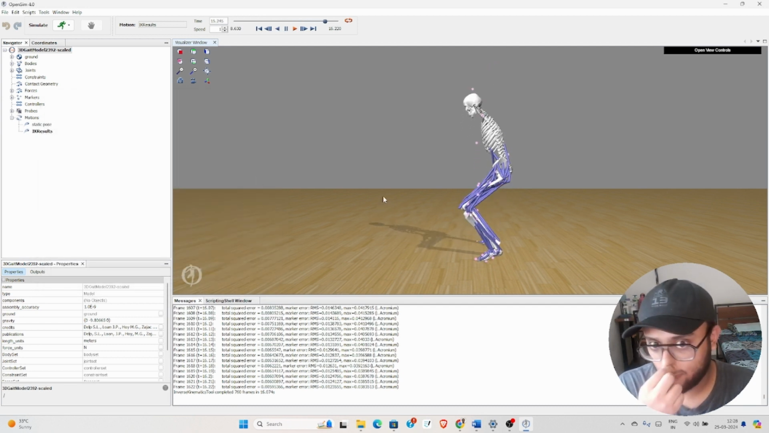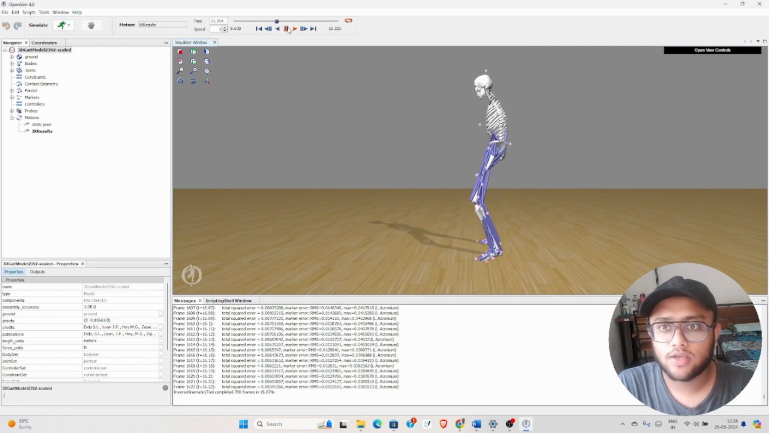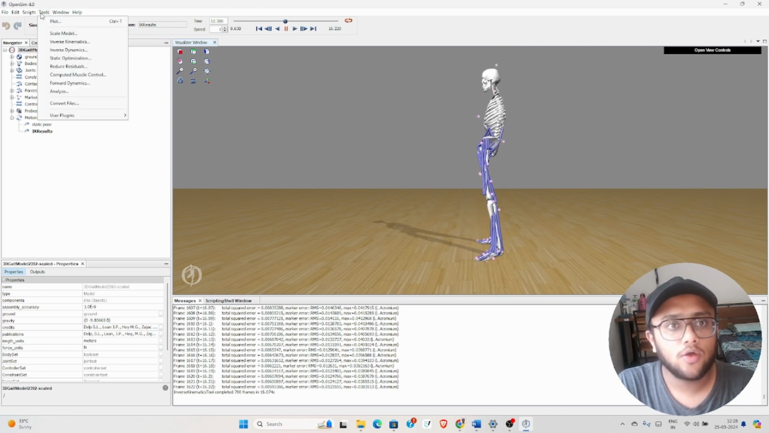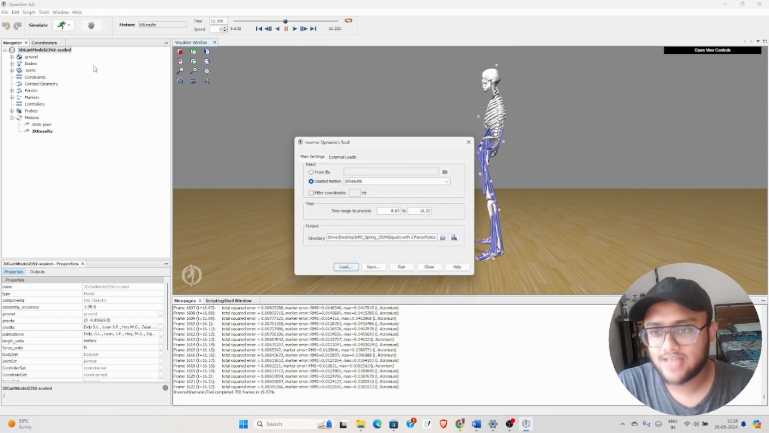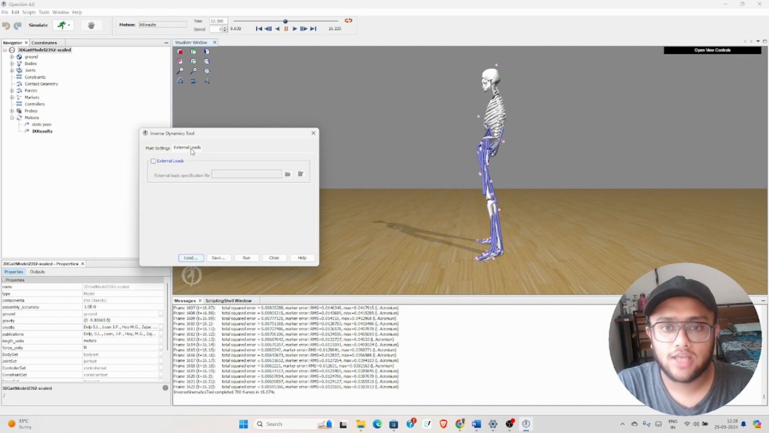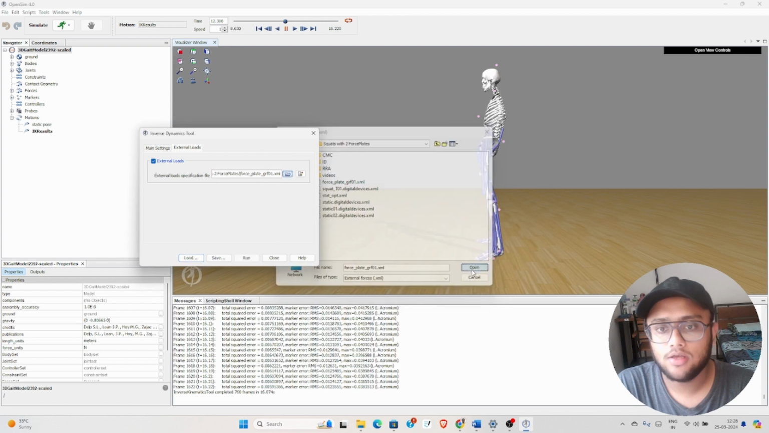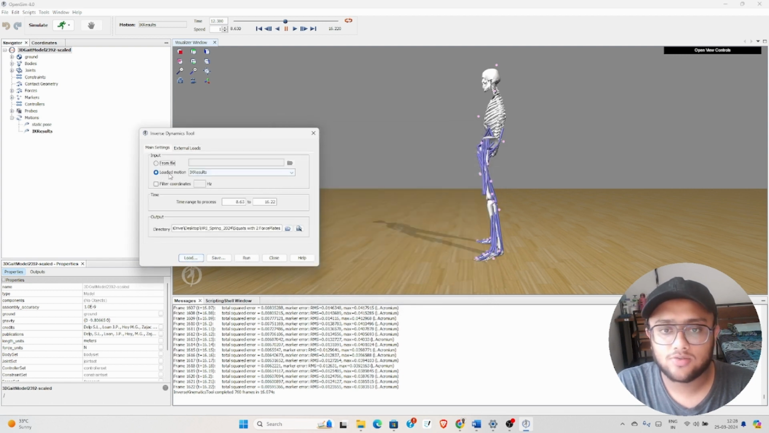Now let us perform the inverse dynamics. Again we go to tools. We can basically stop this. We go to tools, we click on inverse dynamics. Here basically we can also load the external loads that we had. So we were using 2 force plates, and the force plate data is stored in this format, grf, ground reaction forces.xml. And then in the main settings we can directly load the motion,